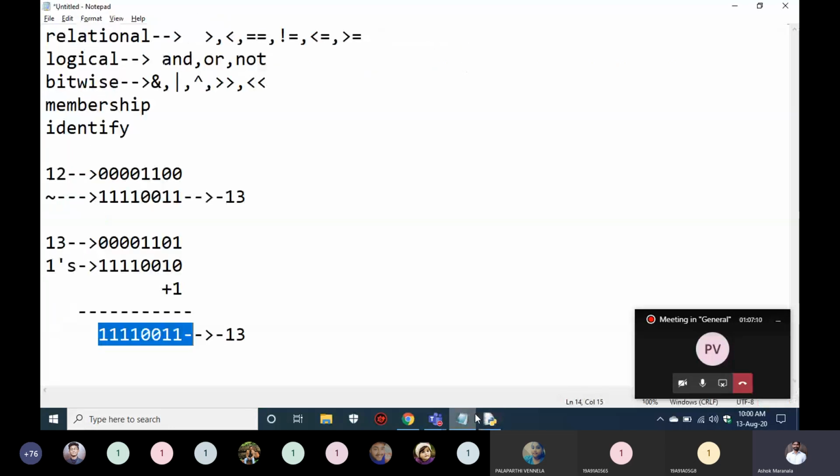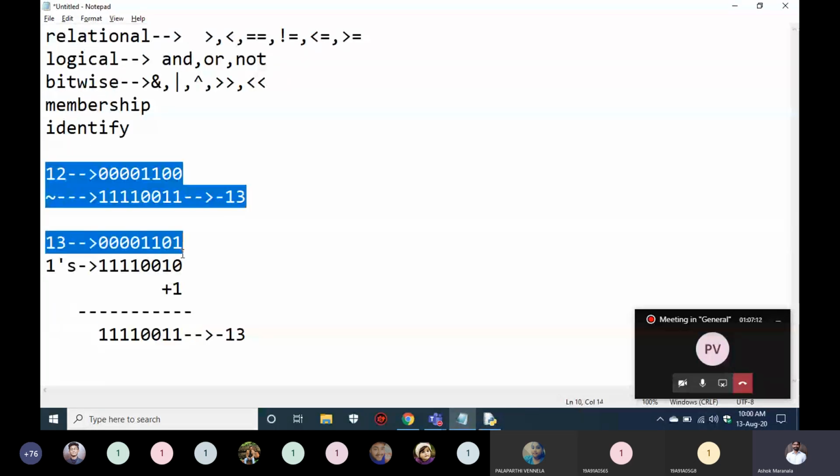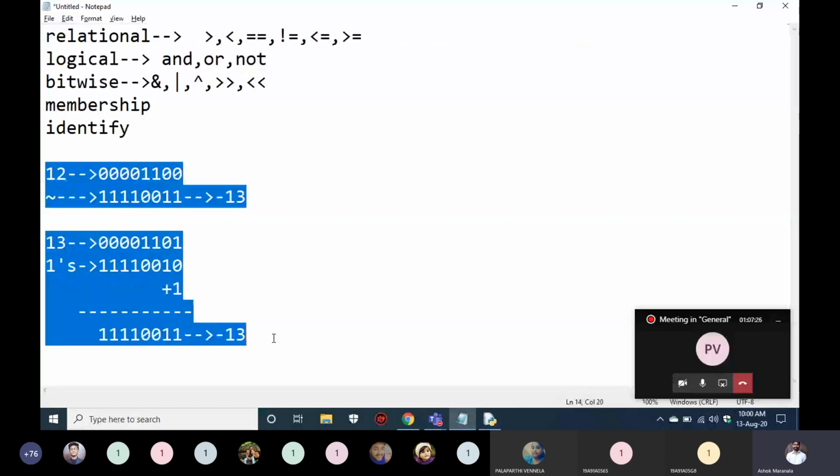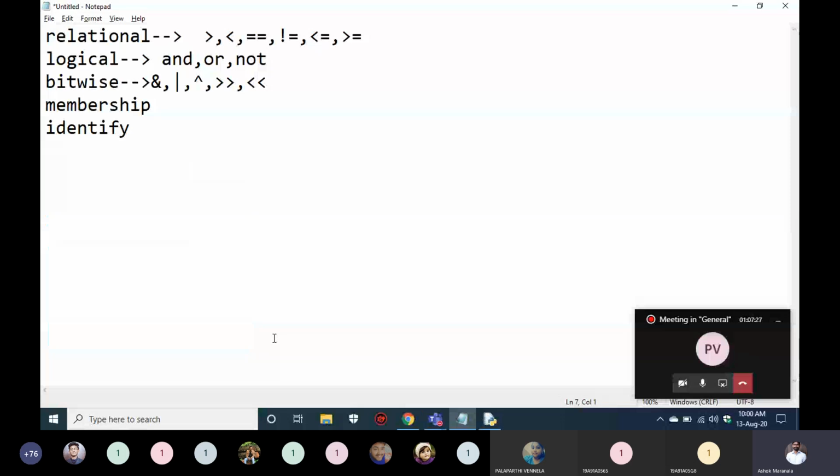Okay, so we have seen bitwise operators, and now we'll see what a right shift and left shift are. For example, if I take a equal to 2 and apply a left shift of 2, I'm getting 8. That means left shift, in the sense that I'm shifting every bit 2 times to the left. If I take a, which is 2, I want to represent 2 in 8 bits.